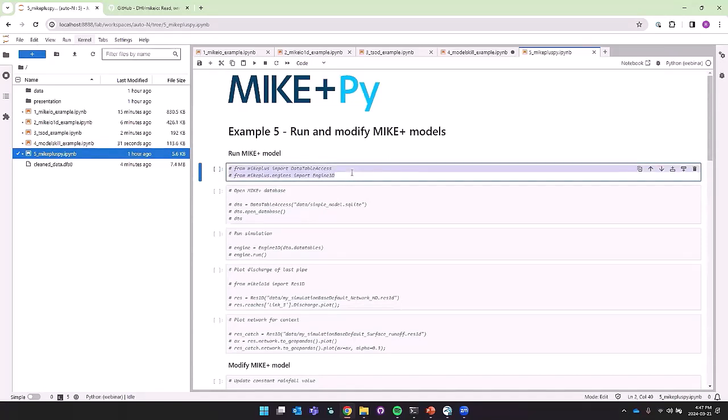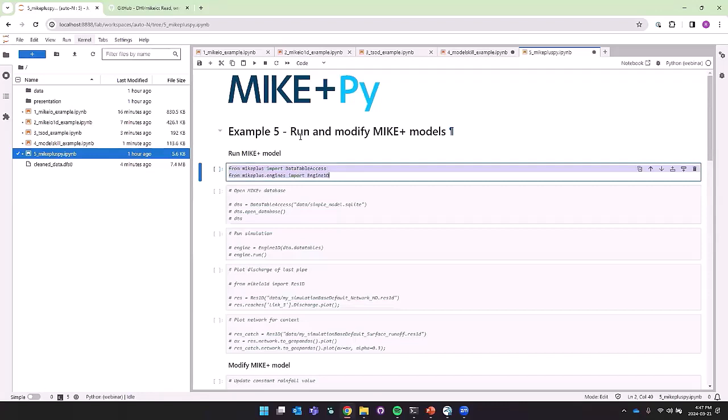This is MIKE+Py. You can use it for running your MIKE+ models, modifying the database, and also using some tools in MIKE+. I should mention that it's in an experimental stage, like really experimental, not in the sense that we might scrap it, because we're really committed to it. It's new. So that's what I mean by experimental. But anyways, it's still out there and you can go use it, and I think it can do some useful things.